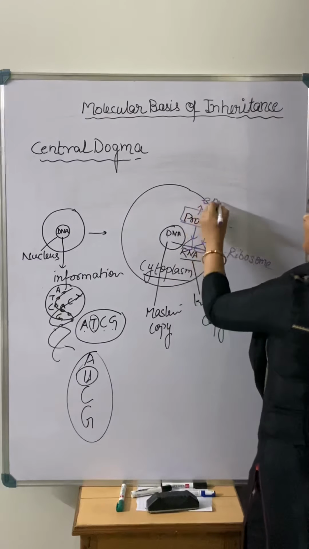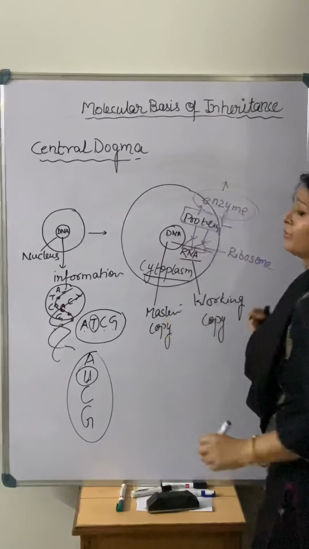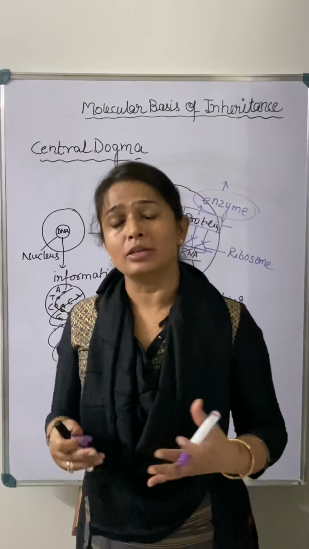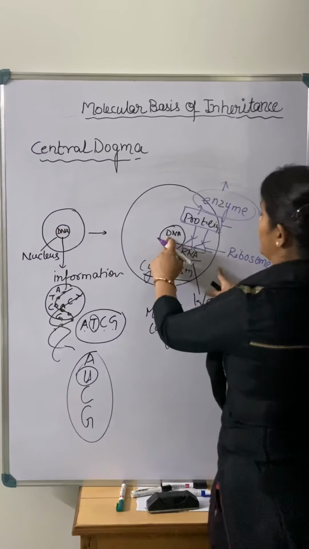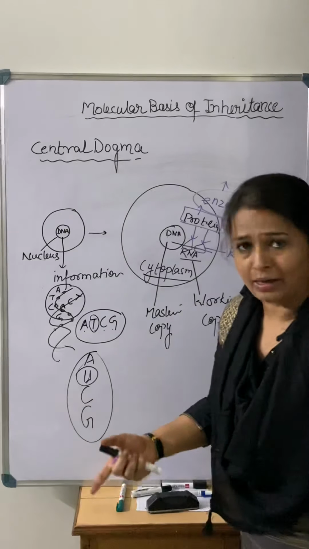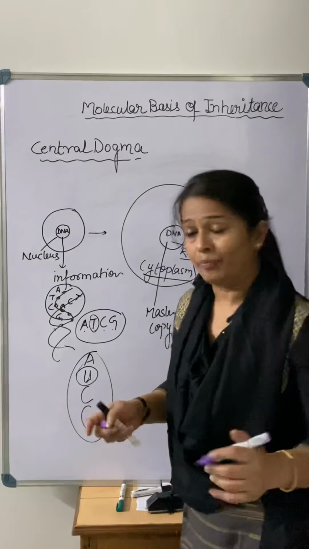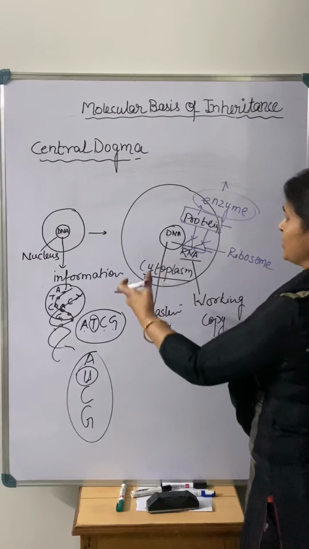They are for the different enzymes, and these enzymes are responsible for the different biochemical reactions inside the cell, and these biochemical reactions are responsible for the different phenotypes. So this is the copying of information from DNA into the form of any phenotype of any character. This whole process is known as the central dogma, right? So this is the elaborate way of the central dogma.